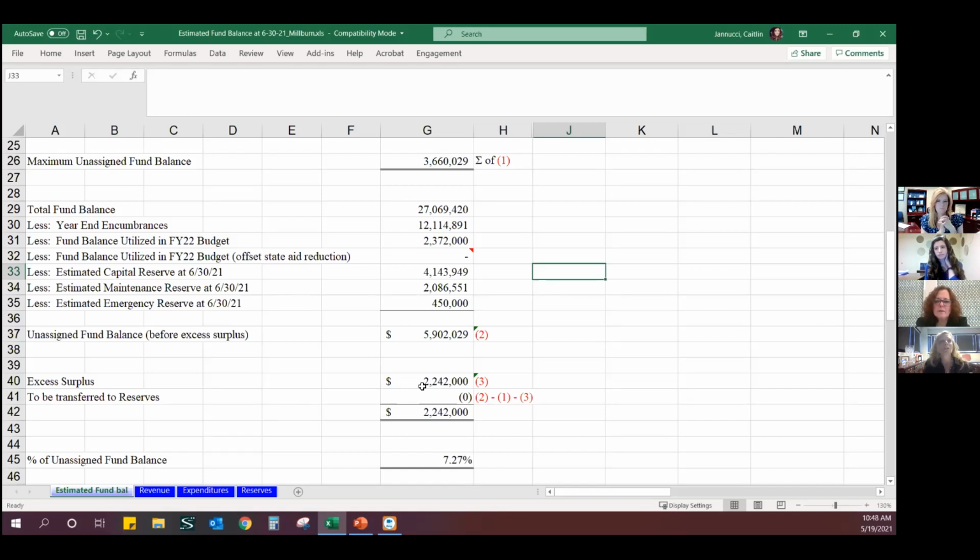I do see a question in the chat that says, what can excess surplus be used for? It's an excellent question. As Cheryl said, we have districts that do the resolution in June a little bit differently. So you can say up to X amount in capital reserve, up to X amount. And even if we're projecting that there's going to be 960,000, you can still say up to $1 million in maintenance, up to $1 million in capital, even though you don't think you're going to reach that number. You could even go higher than that. Cheryl could do $1.5 million in each,